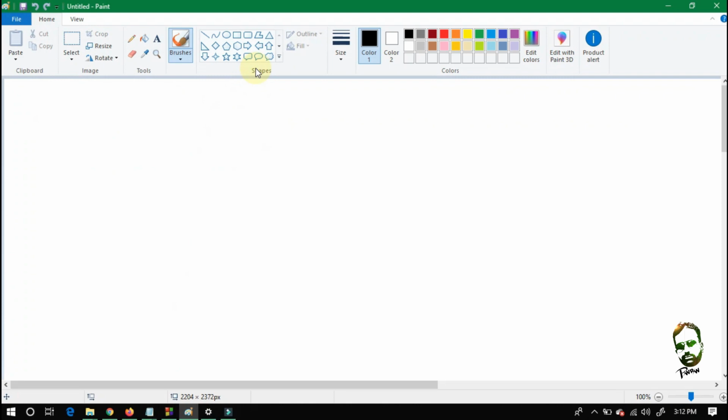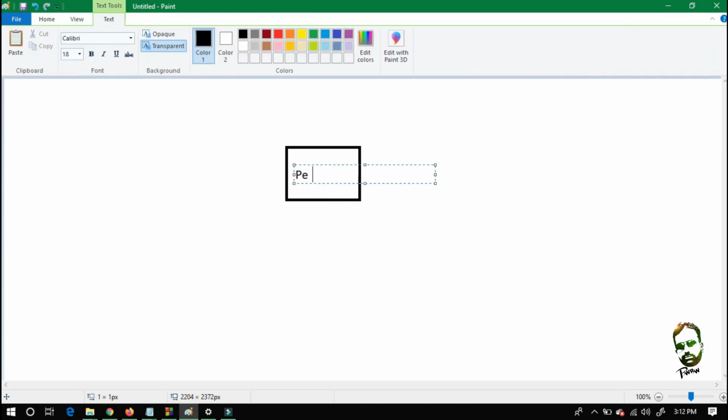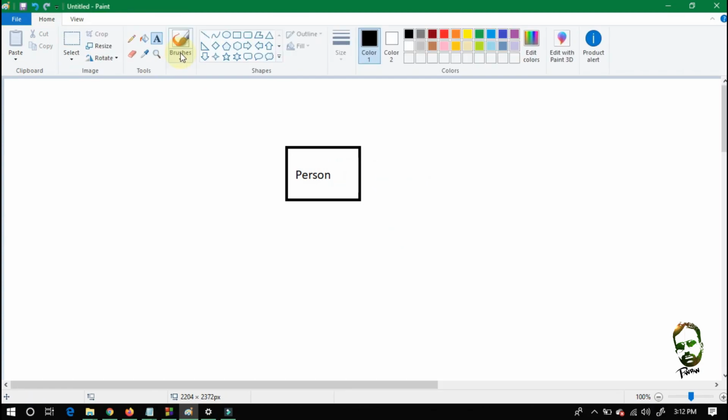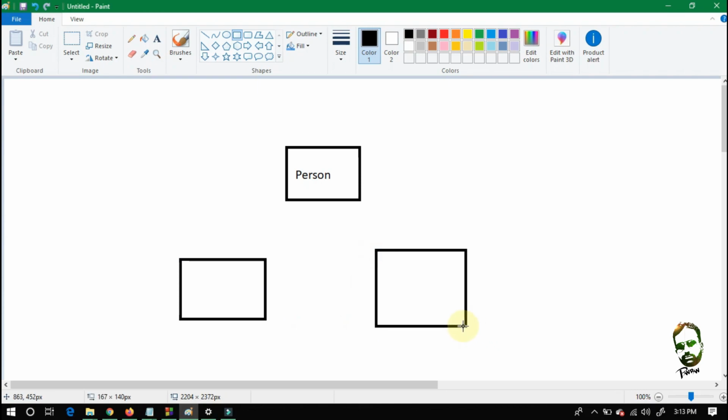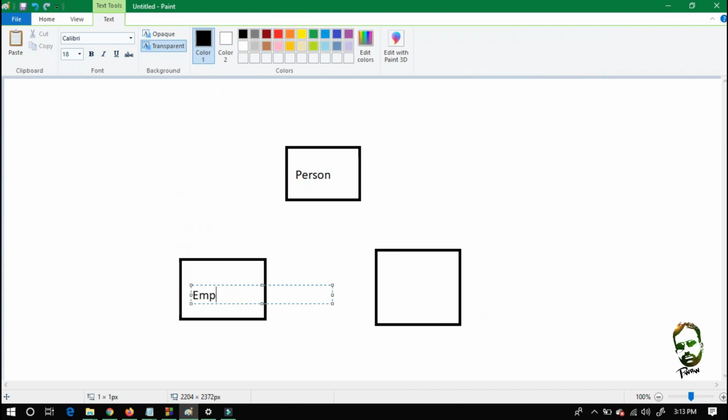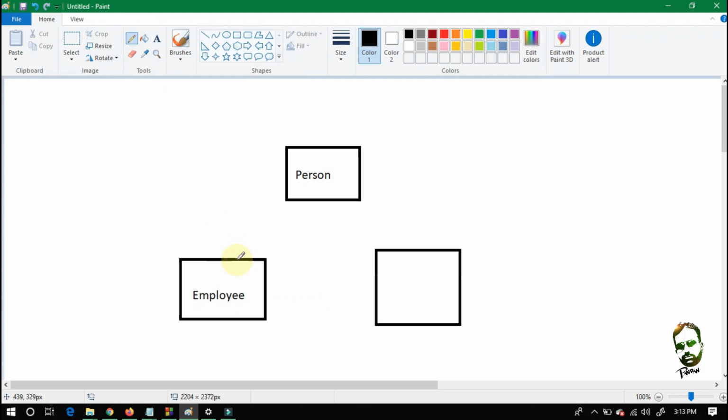As you can see, the person is already the parent of the employee class, but now the person is the parent of the student class also. So let's take an example from the pictorial diagram. If there is a class of person, this person class has two children, child 1 and child 2. Child 1 is the employee class and child 2 is the student class.